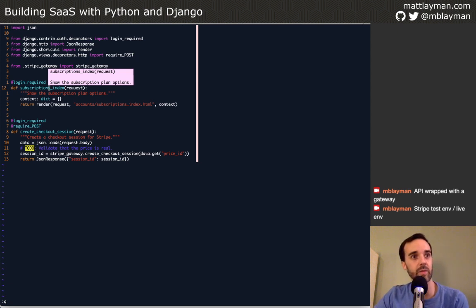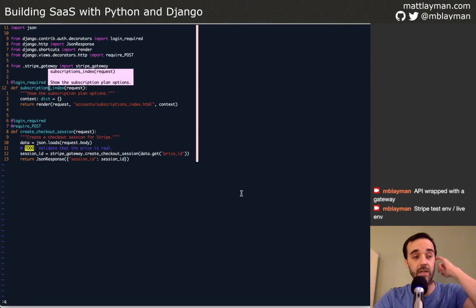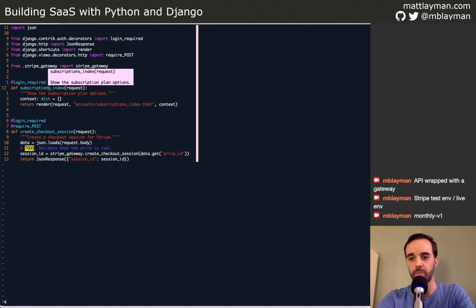Because I want this to map to data that I've programmed into a database, we need to set some identifiers that I could do lookups on. The way I did that, and what I showed from the admin, which I don't have up anymore, but you can imagine, was I created a description for each of the prices, and I gave them some identifiers. So I said monthly V1 and